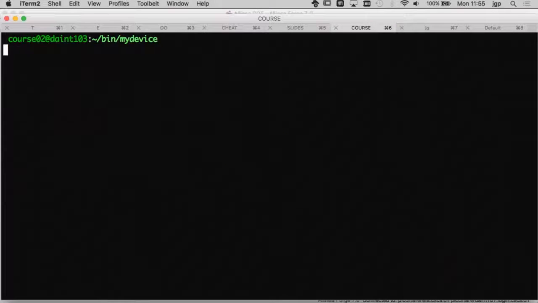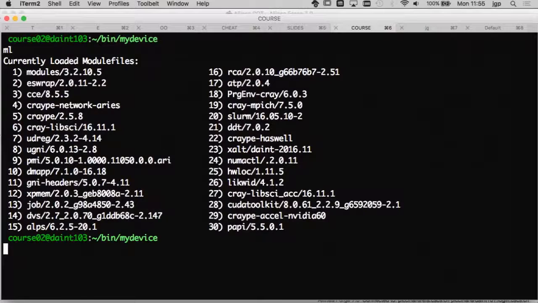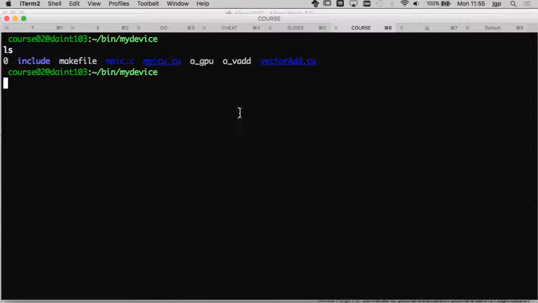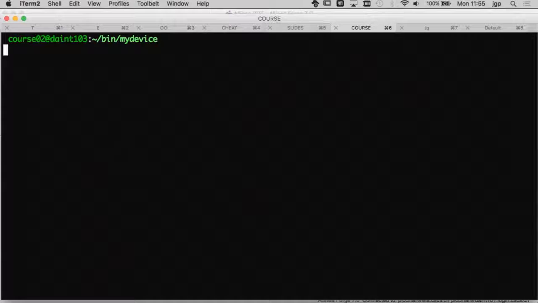So, I have CUDA code that I use all the time to know more about the GPU. The first thing you need to do if you want to compile CUDA code is to switch to the GPU programming environment.